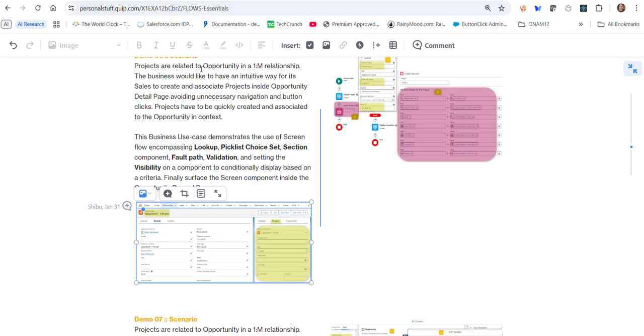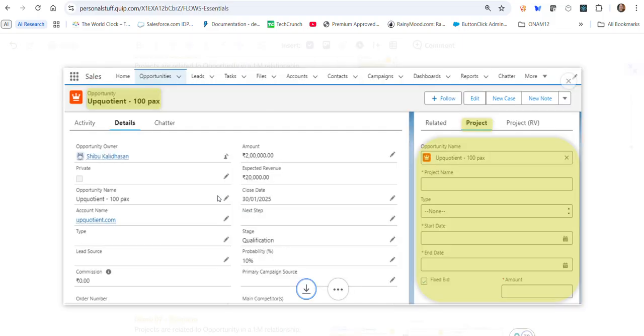Projects are related to opportunities in a 1:m relationship. The business would like to have an intuitive way for its sales to create and associate projects inside the opportunity detail page, avoiding unnecessary navigation and button clicks. Projects have to be quickly created and associated to the opportunity in context. So the ultimate